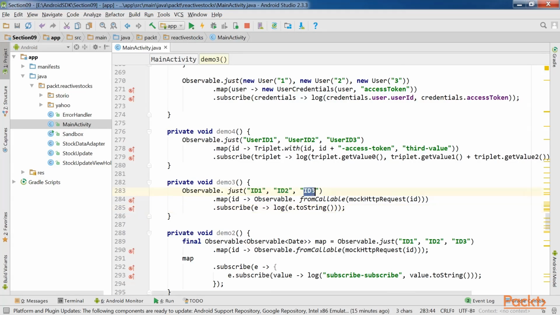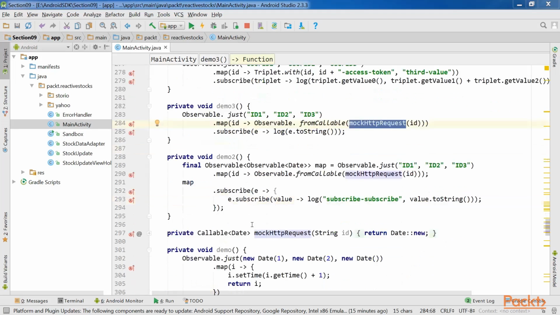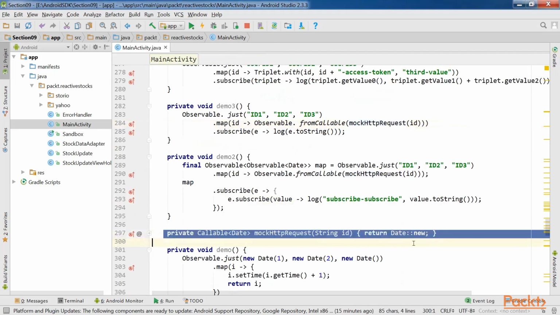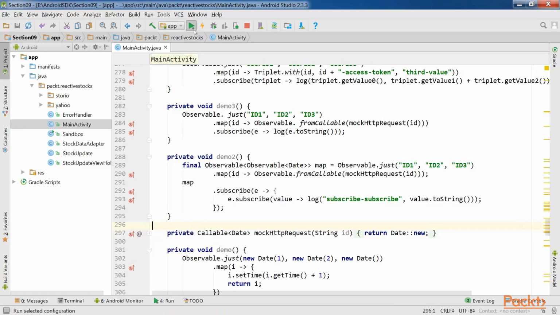Here we have 3 IDs, and each of them will initiate a new request using our mock HTTP request method. That implementation detail is not important here. Let's assume that it returns a working callable interface instance. For the sake of argument, we can set it to something like this. Let's see what will be printed in the logs. We'll run our app,